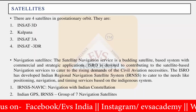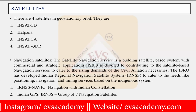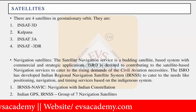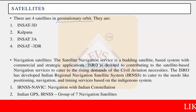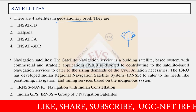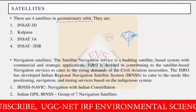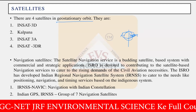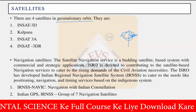Suppose this is the Earth, and on this particular Earth surface, the movement of the satellite is like this, in this way. And Earth is also rotating on its own axis in the same way. So the satellite present here is going to be stationary for this view only, all the time. It would be facing the same side of the Earth, or the same place of the Earth,